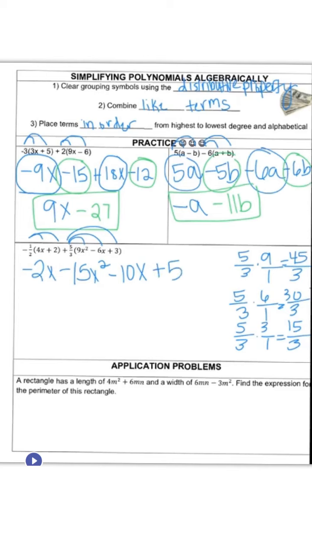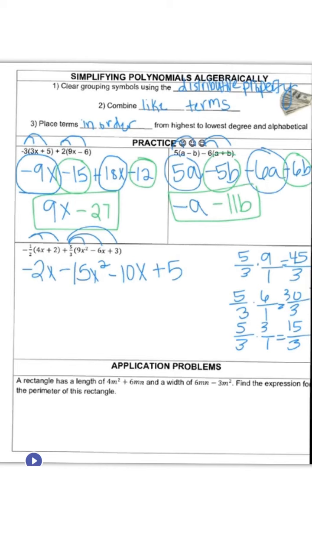See, that wasn't too bad. Also, if you don't like doing that in your head, which I encourage you to do, because you need to still remember how to multiply fractions without a calculator. But if you need to check yourself, go ahead and type it in and make sure that you did it correctly. Okay, so now let's combine like terms and make sure we write this in order from highest to lowest